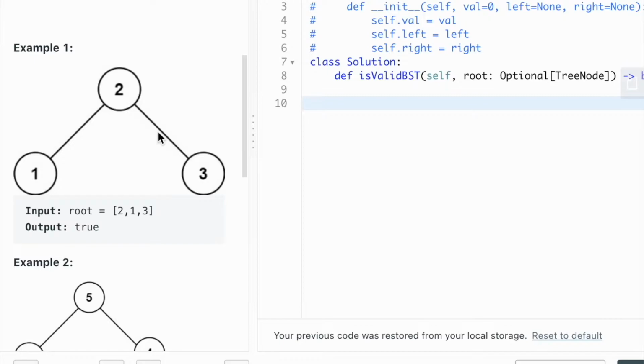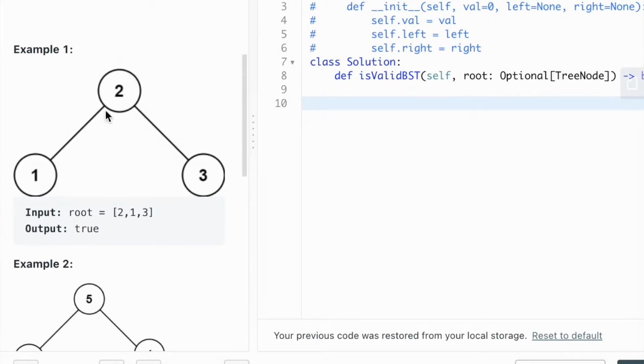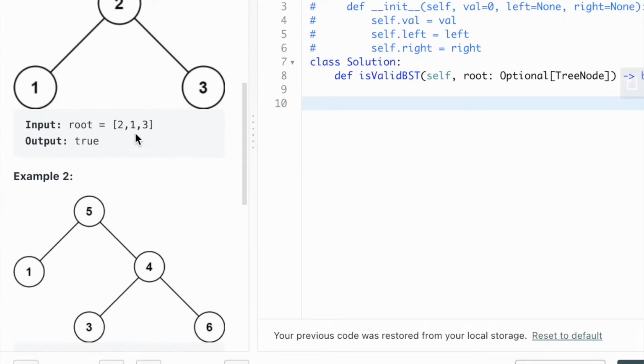So basically, a valid binary search tree is like the left side value is smaller than the root value, and the right side value is bigger than the root value. And then you also have to recursively validate the root.left with its children, and the right side validate with its children as well. So if you look at this example, 1 is smaller than 2, 3 is bigger than 2, so it's a valid